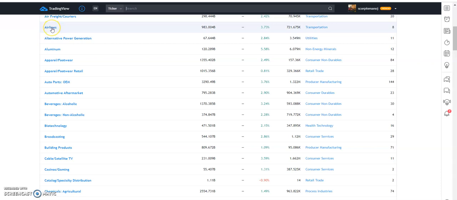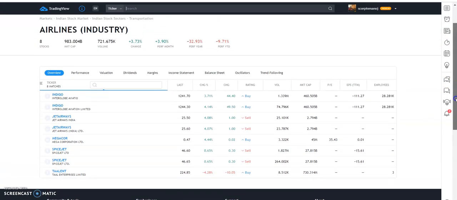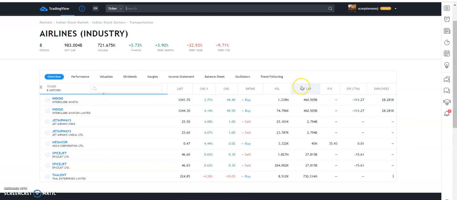For example, let's assume you want to create an index for the airlines industry. Click on this airlines tab. So you will get a list of stocks that comes under the airlines industry.